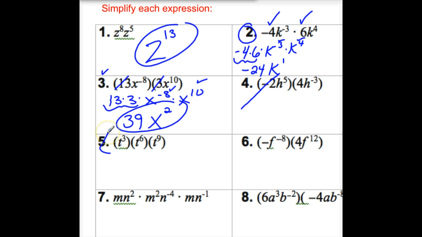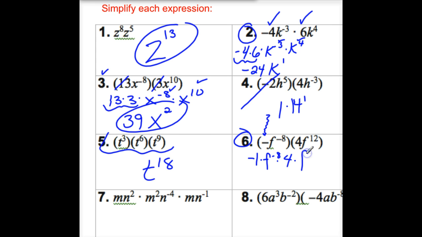We did one like this. On number 5, we'd add up all those exponents, giving us t to the 18th. I'd like to look at number 6 a little bit more closely, just so you are very careful again with how you work with negative numbers and negative exponents. This right here is really a negative number. You don't see it because it's a 1, and again, we've talked about that. You are 14 or 15 years old, there's a 1 out front and a 1 tacked on, but we don't actually count those. So really what I've got here is a negative 1 times f to the negative 8